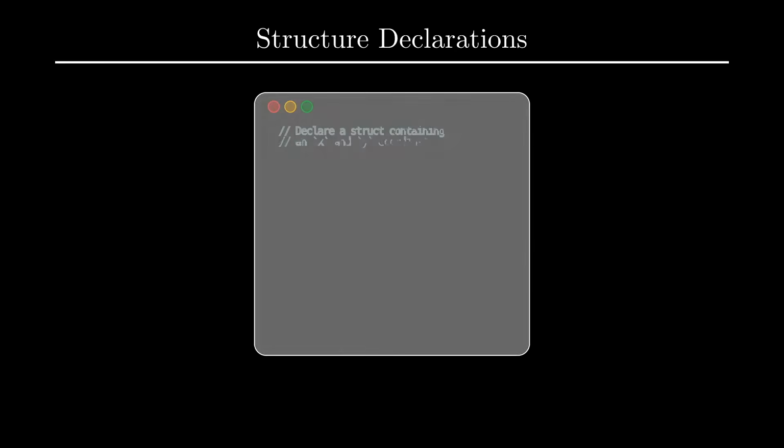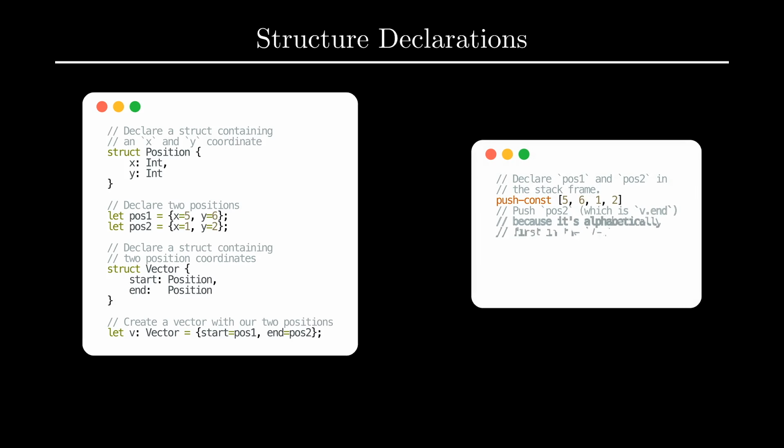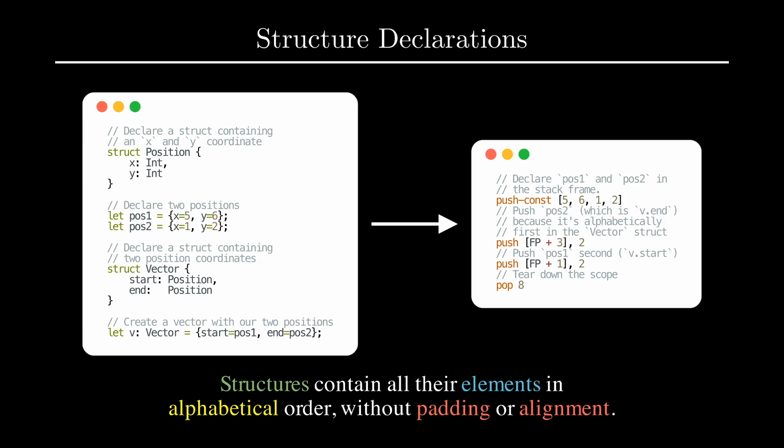Next, let's look at how structures are compiled and represented in the IR. Here we define a structure position that contains two integer fields, x and y. Next, we declare a structure vector, which contains two position fields, start and end. The resulting IR code is even shorter than our original input program. On the stack, the compiler allocates each field in alphabetical order and stores each value consecutively in memory without padding